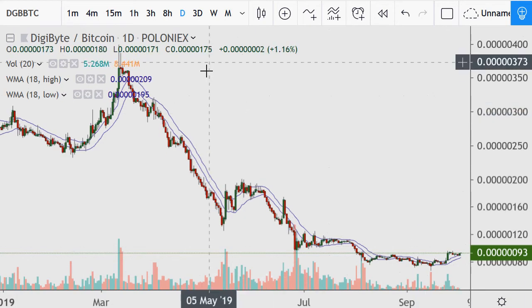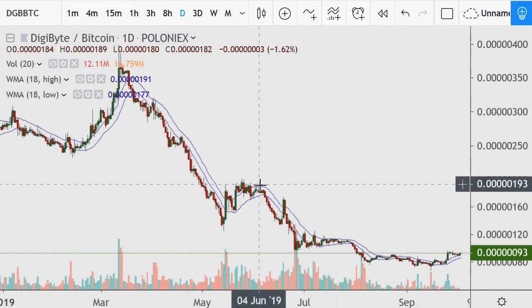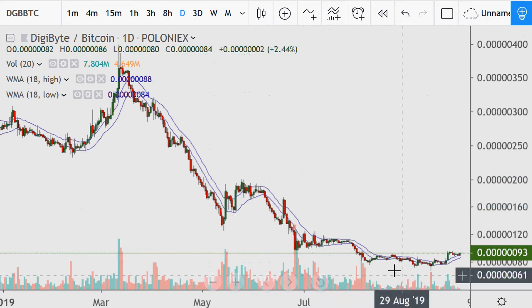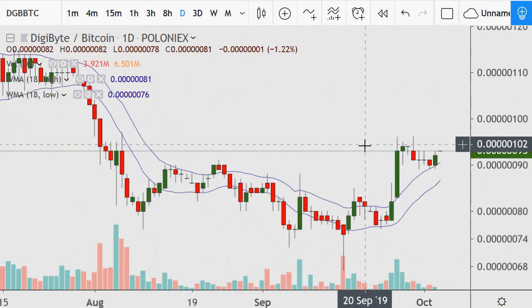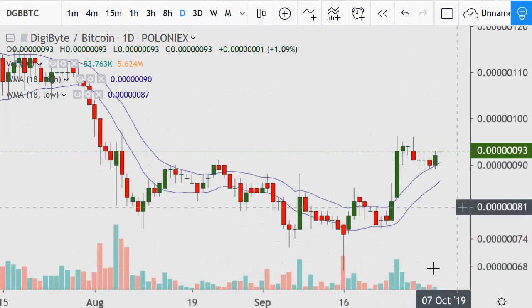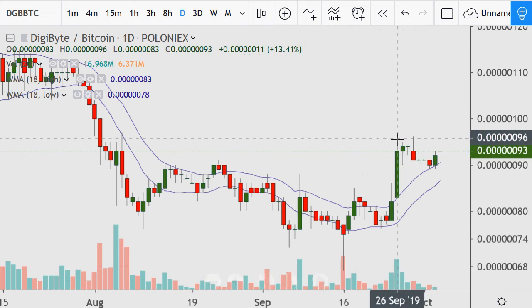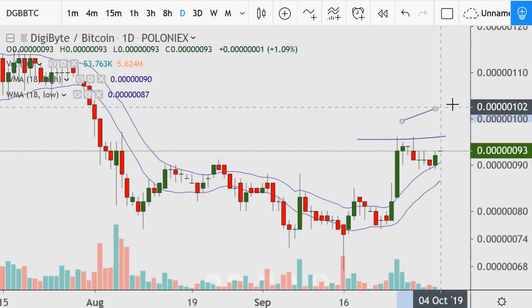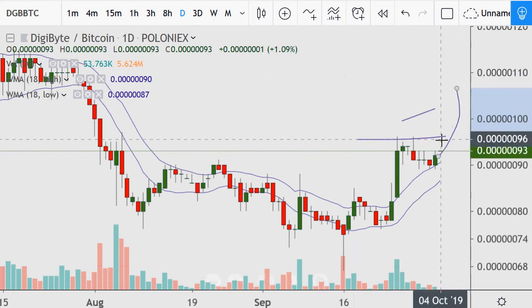DGB, also that big downtrend. We can see this failed breakout, down move. Even this one, well, lately what we're doing is we're having another move. Whether it'll fail or pass, I don't know yet. Resistance comes in at 96. Clear break above, leaving the 18 like this. That's just a huge pattern.